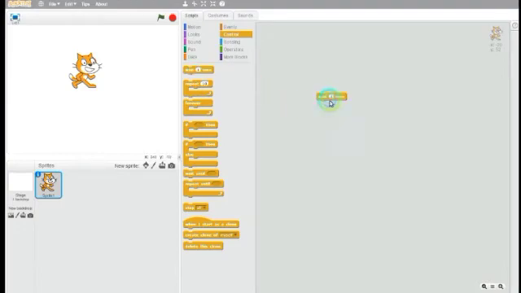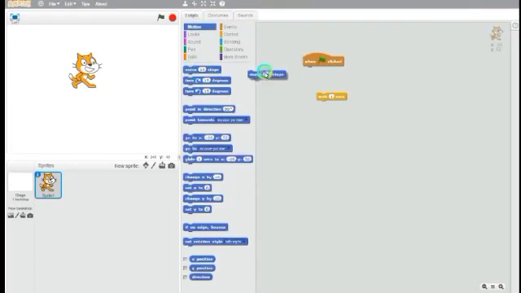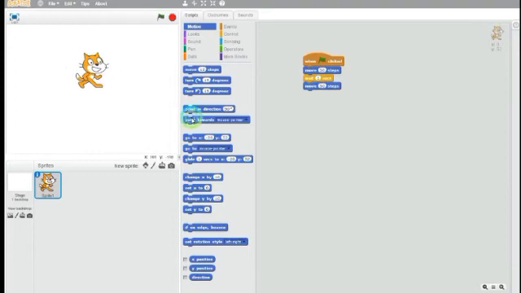Whenever we start any program, we use when green flag clicked from the events block. Then we are giving move 50 steps. Suppose I have given, and now I'm giving, then wait for the time I have to specify. Then again I'm writing move 50 steps. Now this cat will move, see, and wait for 1 second.